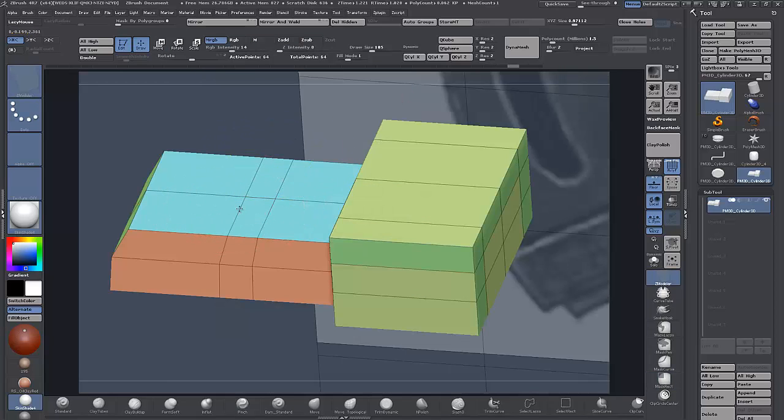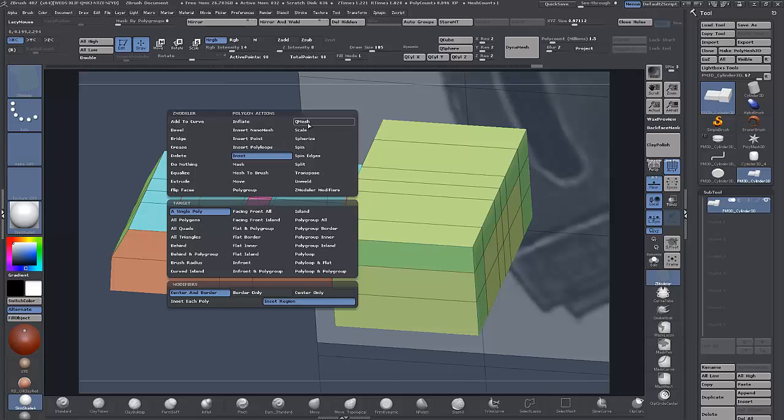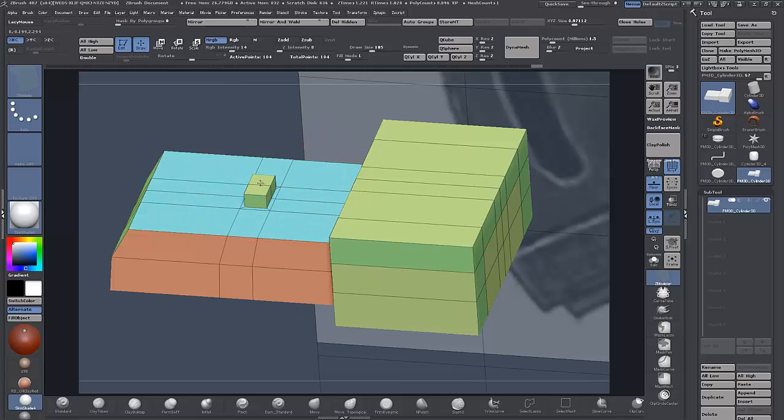We'll add an edge loop in here, and now we'll inset the poly and Q mesh. We go once and twice, and I'm going to slide this in, slide that in, and up again, and slide that in,